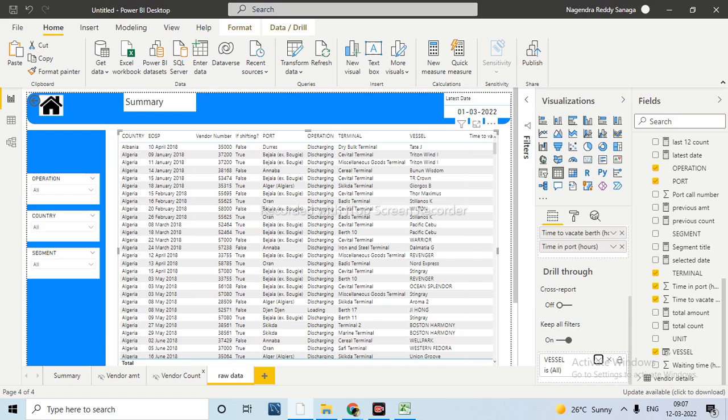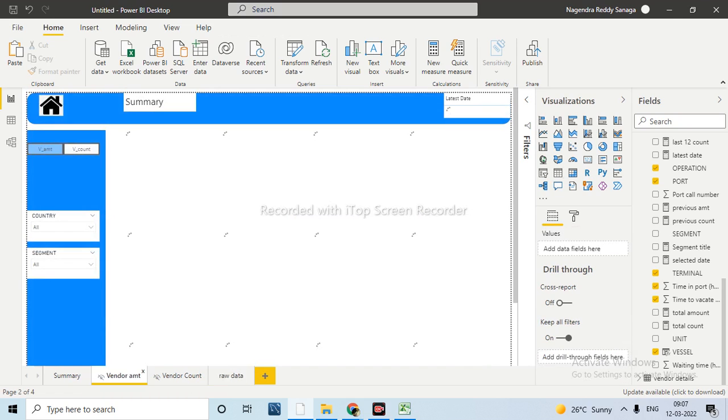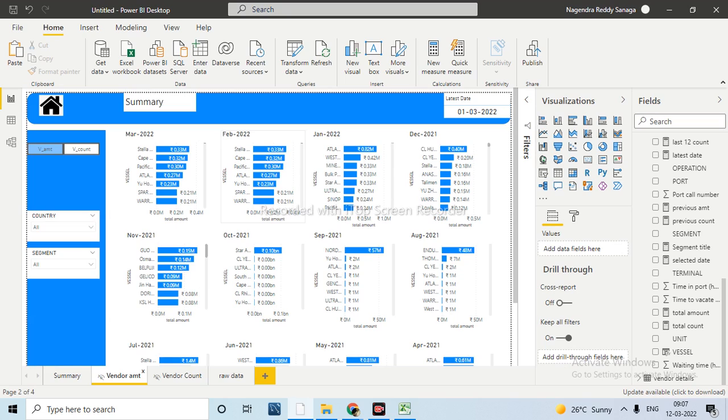Okay, now I am on this page. For February, this particular customer, like the first week. Now if you come here and right click to drill through, wherever you have used the vendor name, in all the pages you will have that.